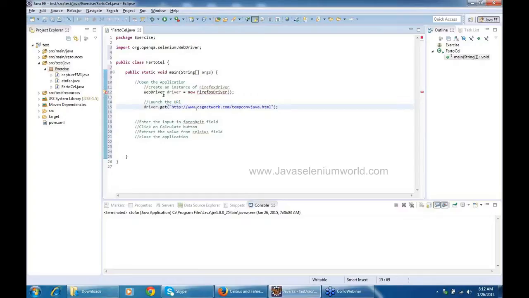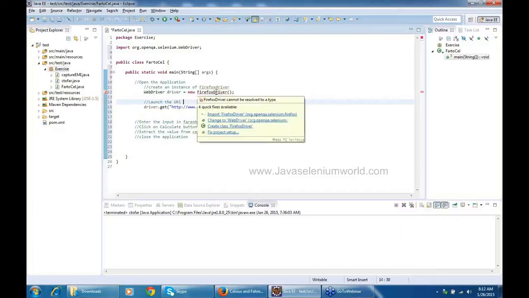Now if you can see here, Firefox driver is shown in red color. What can we do with this? Just keep the mouse on it. You will see a lot of suggestions coming up. Now, for our class to understand Firefox driver, which is defined by Selenium, and it's in some other location,